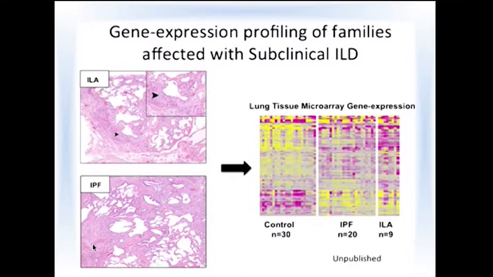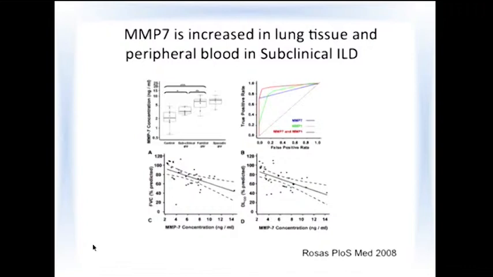And so we're seeing some molecular changes, in terms of expression arrays, that also suggest these early histologic changes could be a precursor of IPF. And of course, also being in Naftali's lab, I had to look at MMP7. So we measured MMP7 levels in the peripheral blood, and it's very interesting because